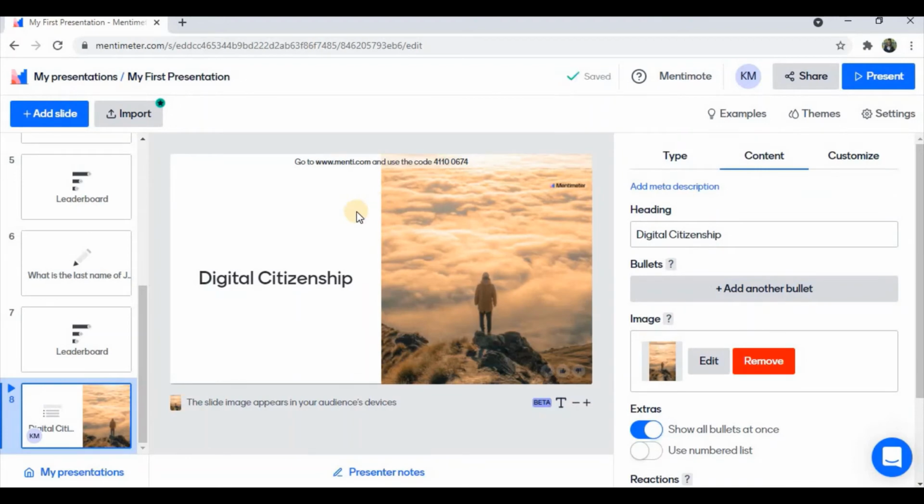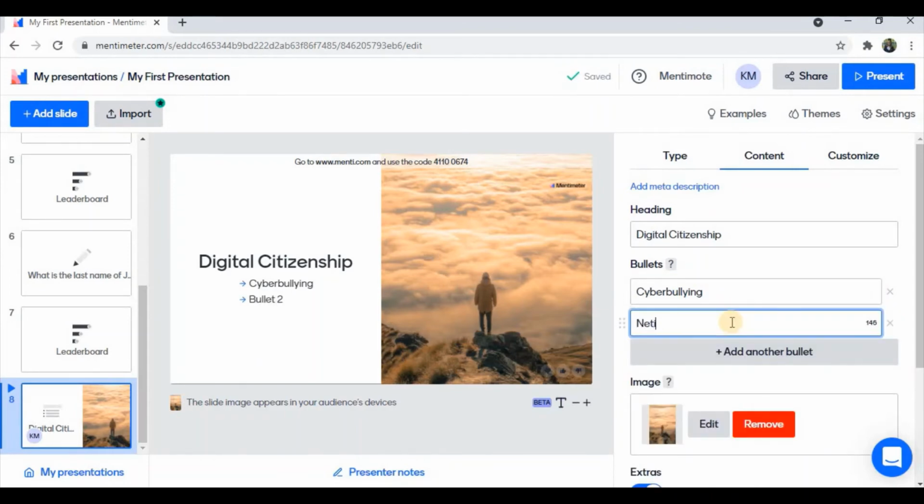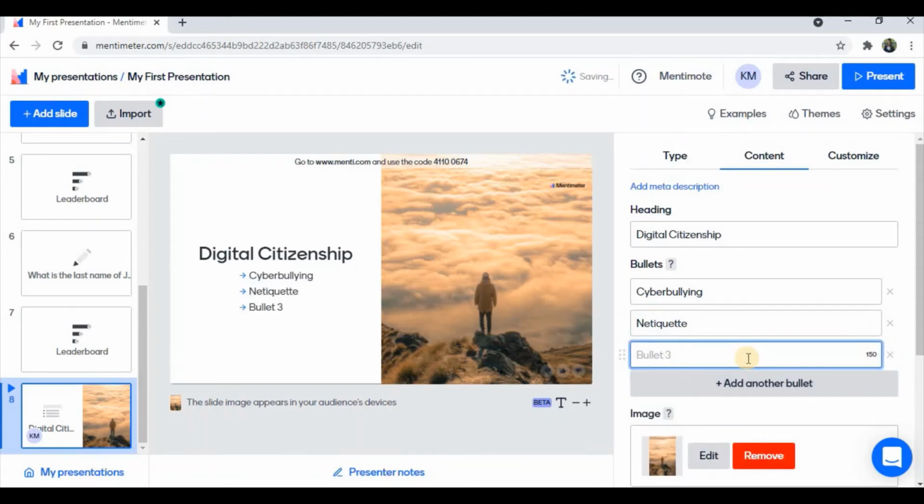So if I click on the bullets, we have the heading digital citizenship and then the bullets area. So I can go ahead and add what it is that I want to note about digital citizenship. Well, we can say we know about cyberbullying, right? Another bullet could be netiquette, if that's spelled correctly. And then a third thing we could note is security, and the list could go on. So that is up to